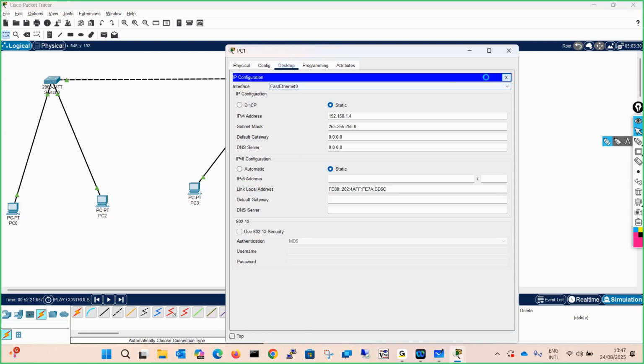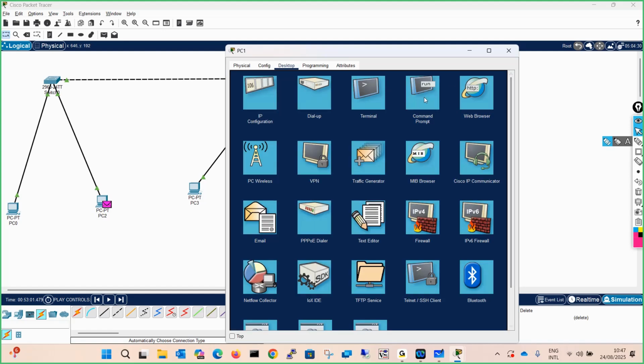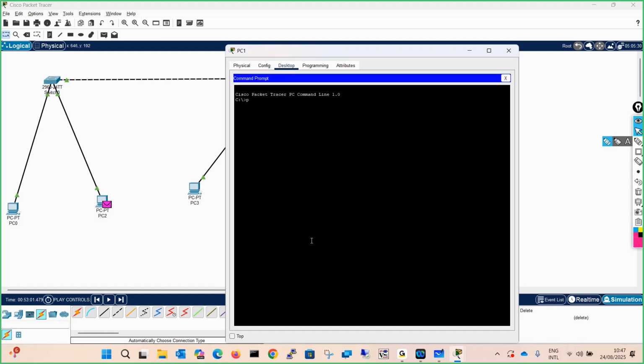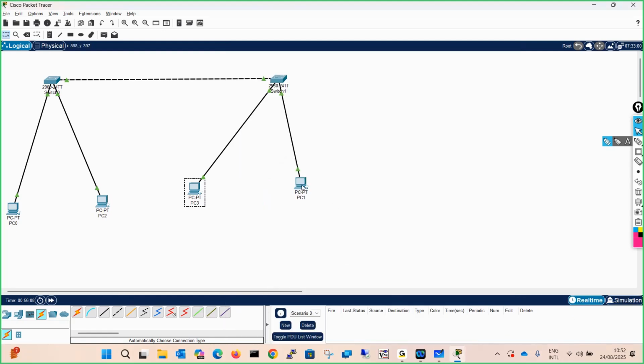Even now, try to ping PC1 to PC0. Come to command prompt. PC0 IP is 192.168.1.1. So now this is PC1.